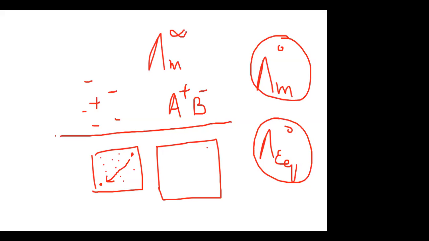Actually, the degree of dissociation of the electrolytes can also be measured by knowing the molar conductance at a certain concentration divided by the molar conductance at infinite dilution, and that can give you the degree of dissociation of that electrolyte at that concentration. Okay, so this is what I mean.